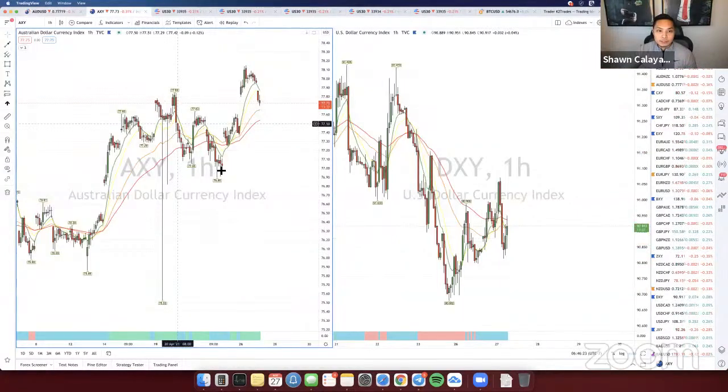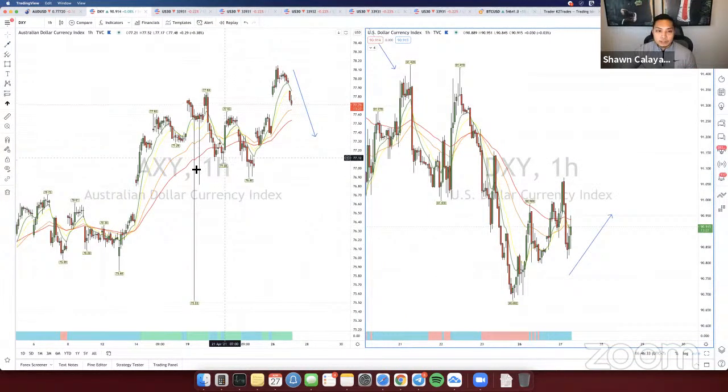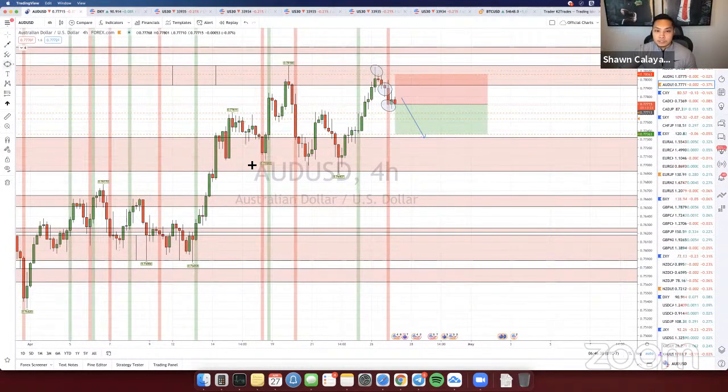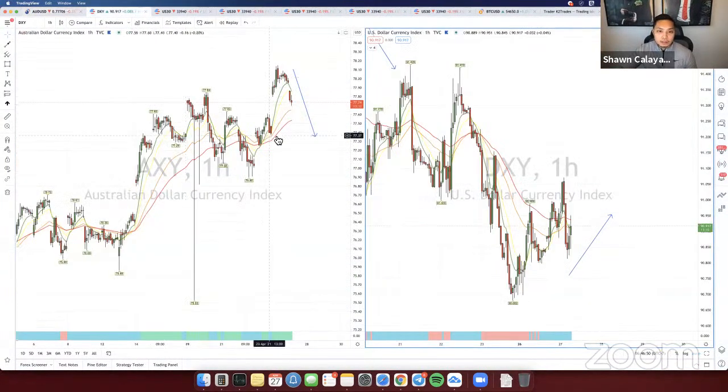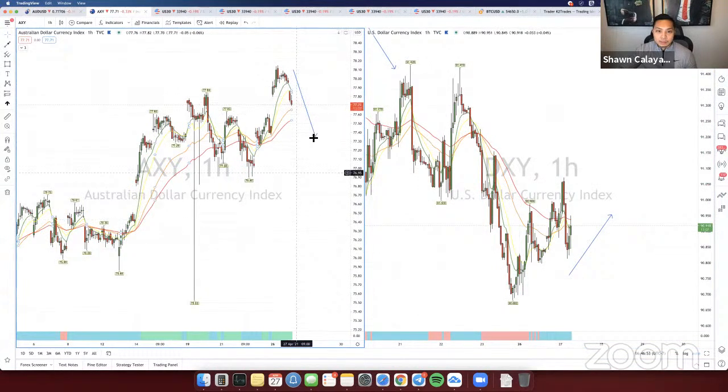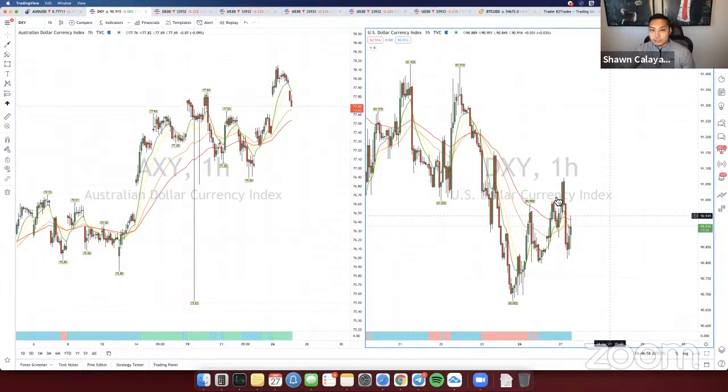Also, I looked at the indexes over here. The Aussie is weak. You can see the Aussie is coming down, right? And the US dollar is going up. So by looking at these two indexes, if the Aussie is weak and the dollar is strong, then you should expect AUD/USD to come down. If you guys know basic fundamentals for this pair, if price is going up, that means the Aussie is stronger than the USD. Vice versa, when price is going down, that means the US dollar is stronger than the Aussie. Looking at the indexes, the Aussie is weak, the dollar is strong. So it's common sense that price would possibly continue to push down for AUD/USD. That's the reason why I called that trade.